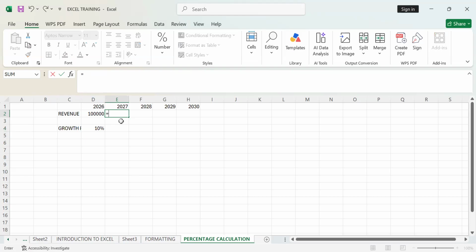So you begin with equals. You take the 100,000 and multiply. Multiplication is a star. By now the percentage is here, by 1 plus the percentage, sorry. 1 plus this percentage. Now that it will be growing at the same rate,